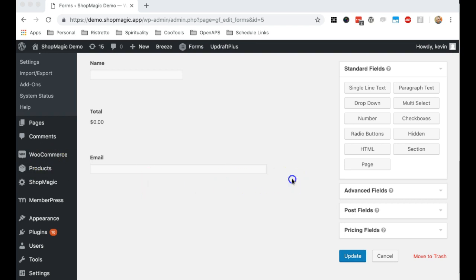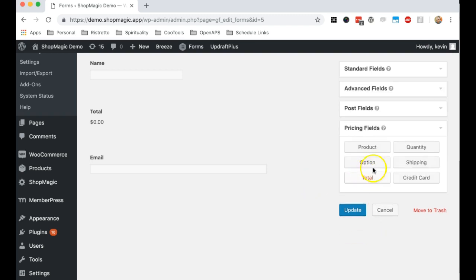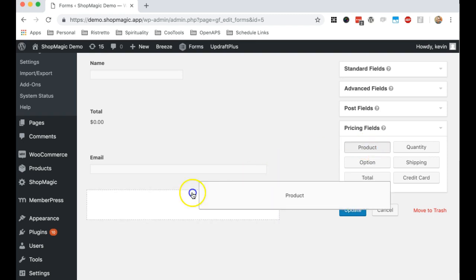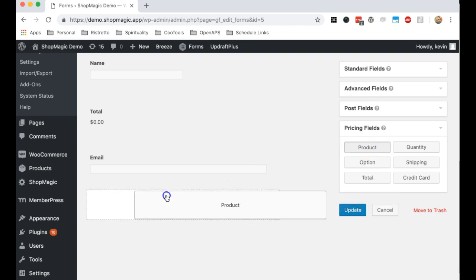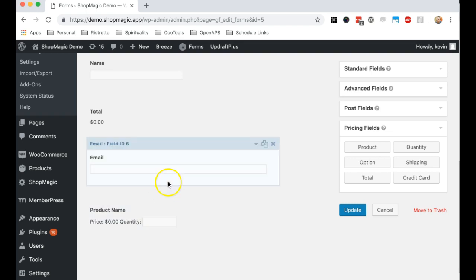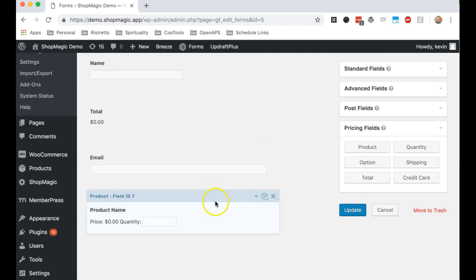Now it's a little complex, and there's reasons that we have to do it this way because of some of the limitations of Gravity Forms. One of those is that the pricing fields, which is what most people use when using our plugin GravityPress, there's a limitation here, and I'll show you this. If we, as seen in some of our other setup videos, bring in a product field here,